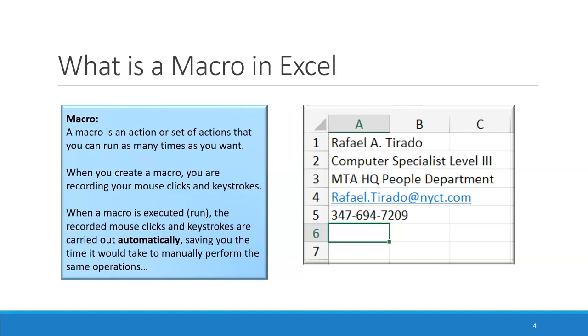So here is the macro we're going to create today. Let's pretend that when I need to